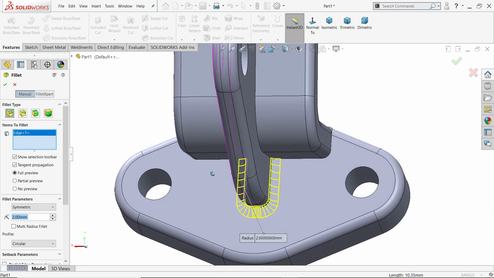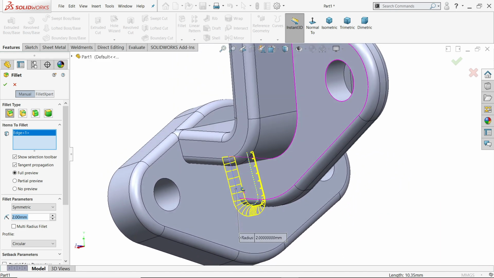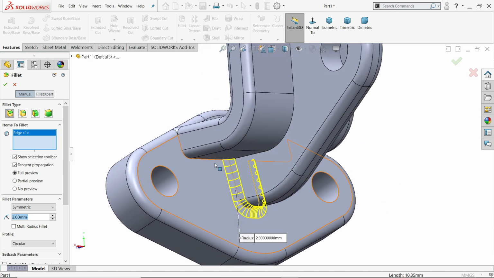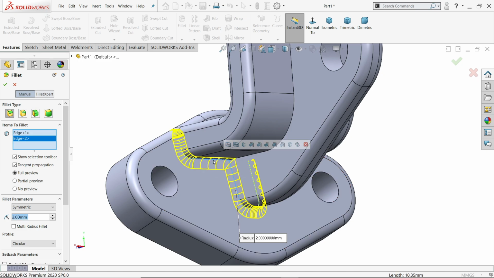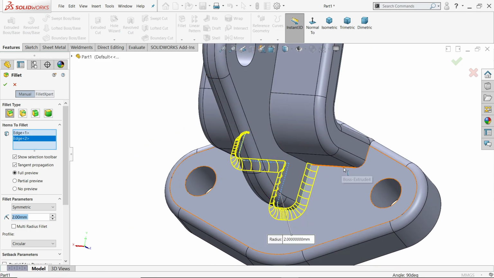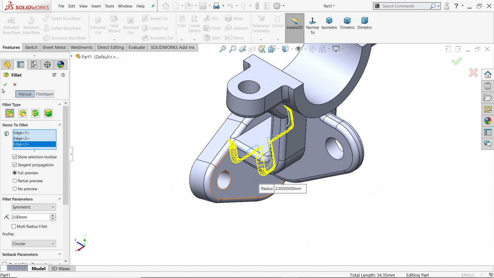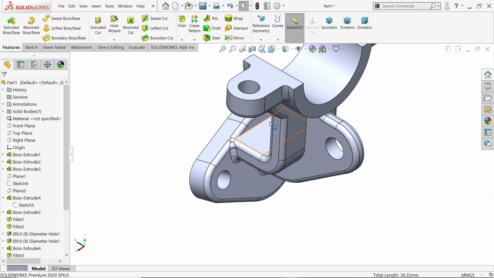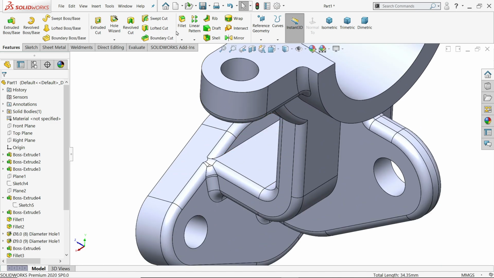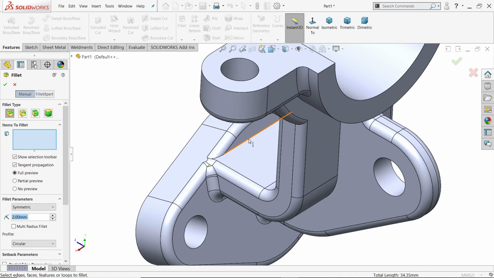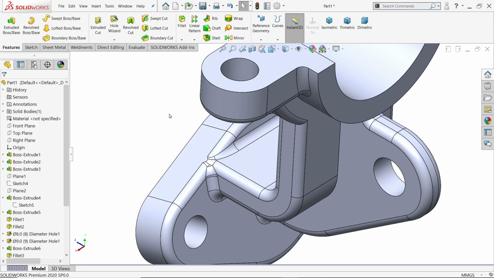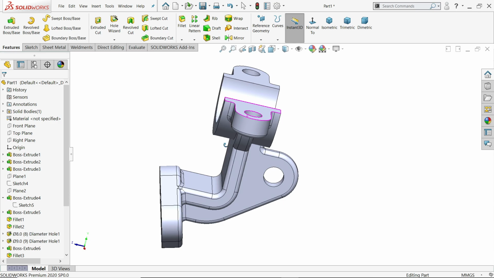This one. I'll choose this edge. I'll choose this edge. Say OK. And this one makes a separate constant size fillet. That's it.